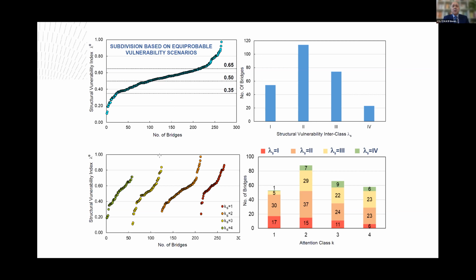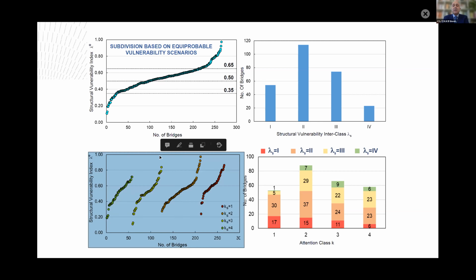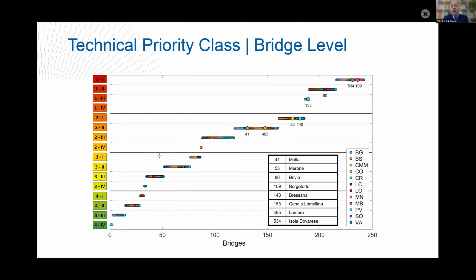Of course, we need to incorporate also information about hydraulic vulnerability and hazard, and this is done by following similar criteria to the one that I presented for structural vulnerability. Because of the time, I skip this part, and I want to show how combining structural vulnerability, hydraulic vulnerability for river bridges, and hazard factors, we can obtain